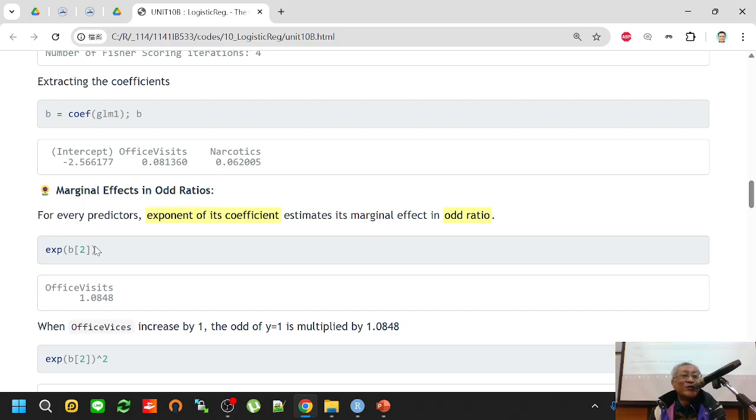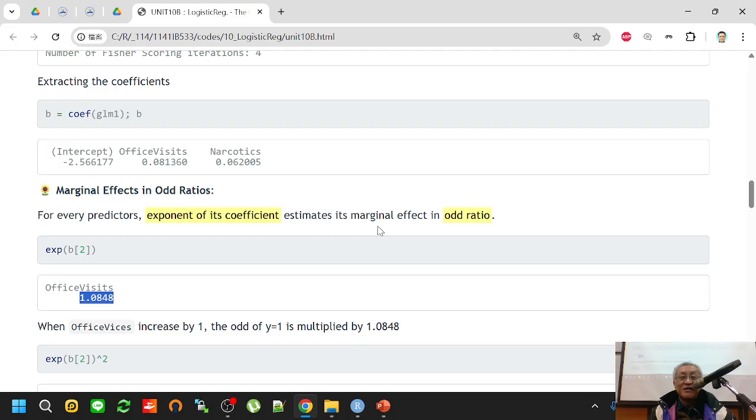Okay, so here this B2 is actually the vector, because the vector starts from 1, right? So B2 is actually this coefficient. So we take the exponent, take the exponential function of this coefficient. It's actually the odds ratio